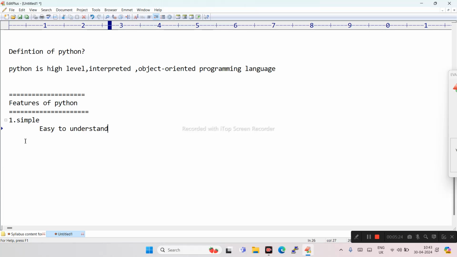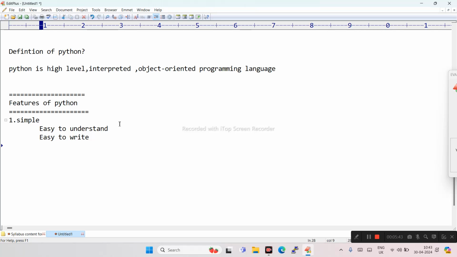The next one is easy to write. If you become a Python developer, it is easy to write code based on the requirement.